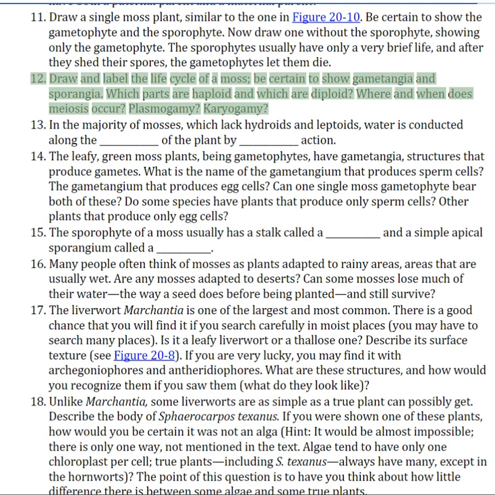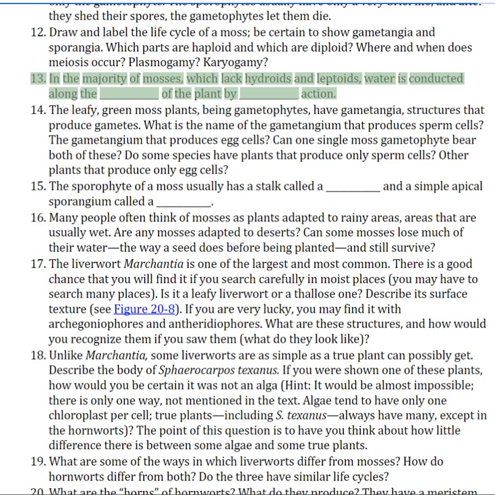Which parts are haploid and which are diploid? Where and when does meiosis occur? Plasmogamy? Karyogamy? 13. In the majority of mosses, which lack hydroids and leptoids, water is conducted along the of the